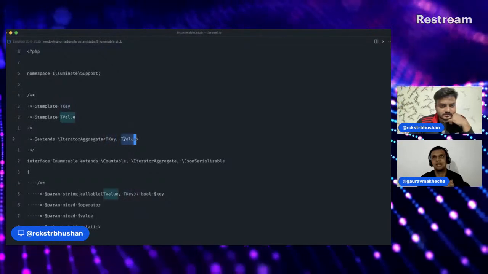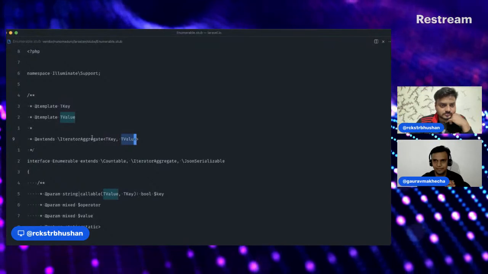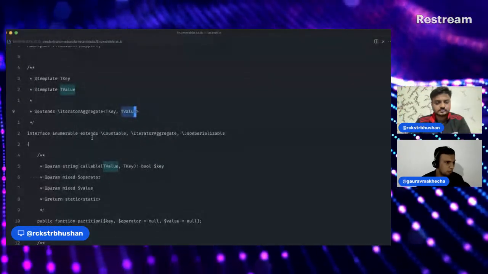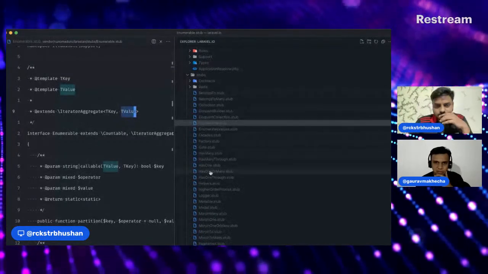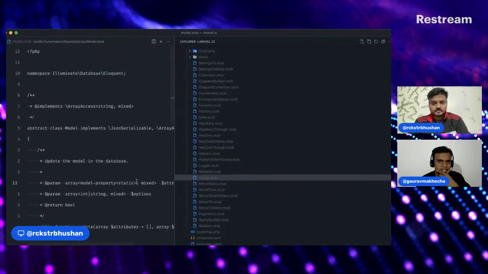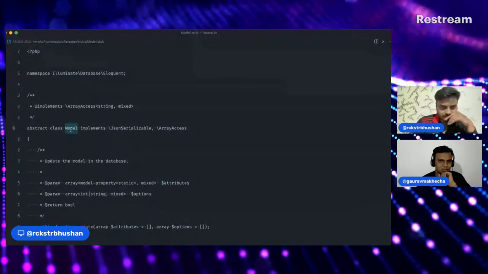And this is how the magic is understood by PHPStan. There is a stub. In fact, maybe if you open the stub for the model, people may be a bit more familiar. So there's a model stub there. There are also relationship stubs there, and more in others. So basically it adds some things.